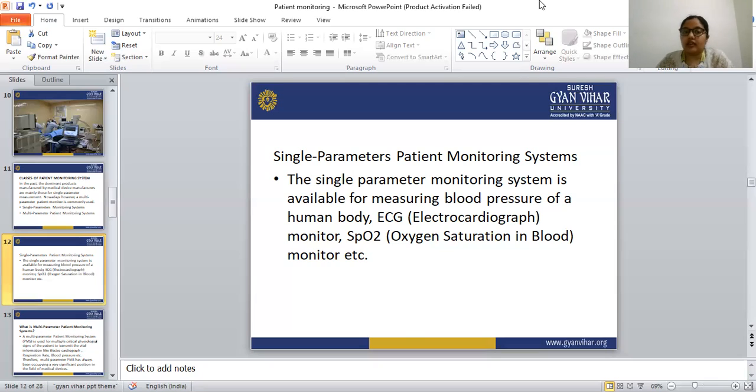So there are lots of advantages of the computerized patient monitoring system, and there are a few disadvantages. But the disadvantages are not a bigger issue, because it is a little bit hard to learn, and once a nurse or a healthcare provider learns how to use the computerized patient monitoring system, it becomes very easy for them. So this is not a big issue. And this computerized patient monitoring system is very useful in our healthcare department.